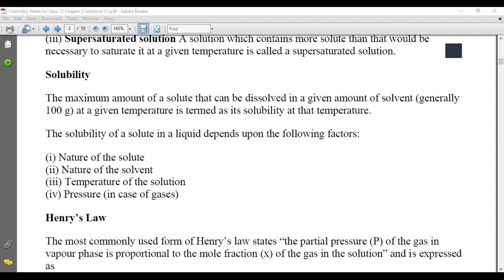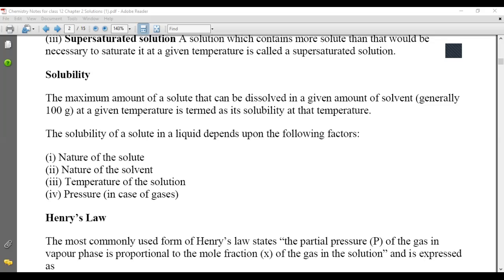Students, you know that some solutes are polar, some solutes are non-polar. So there is a very important phrase: like dissolves like. The very simple meaning of this phrase is when polar solutes are put in polar solvent, they can dissolve easily. For example, when NaCl is put into water, you know well that NaCl is an ionic solid, so it is highly soluble in polar solvent like water. So this is the very simple meaning of like dissolves like.